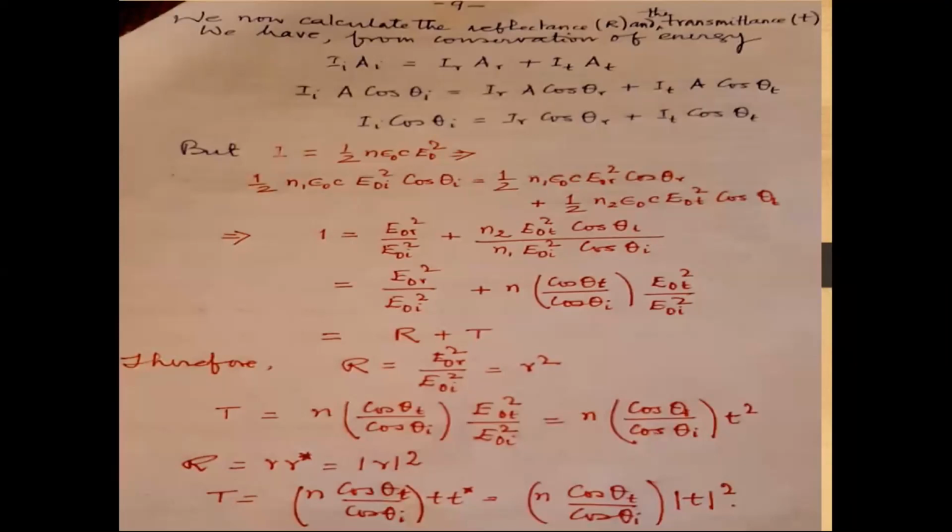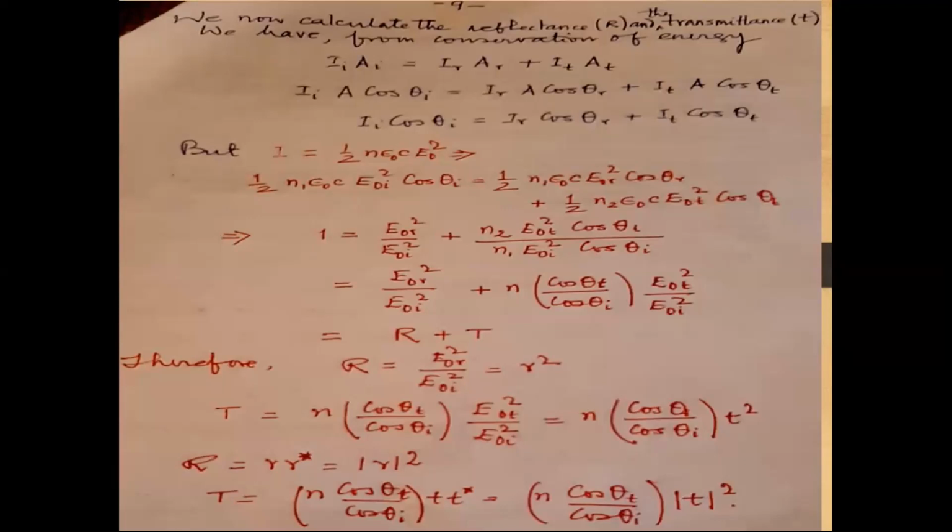But incident intensity, I'm sure all of us are familiar with this expression, half n epsilon naught c, where c is the propagation speed, times E naught square, which is the square of the amplitude. Intensity is proportional to the square of the amplitude. This kind of expression we have used very often. So we have just put in this expression for intensity with n1 for Ii, also n1 for Ir, but for It, n2, and make a slight manipulation